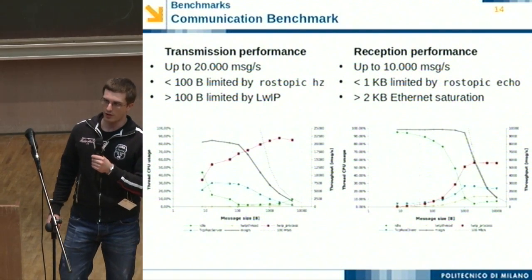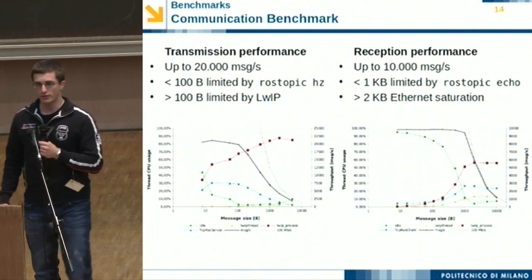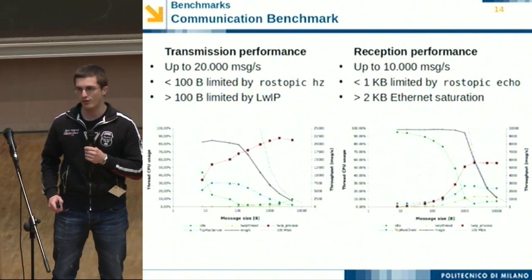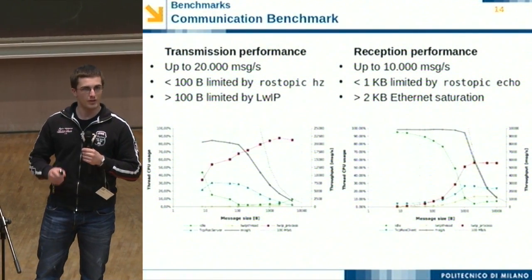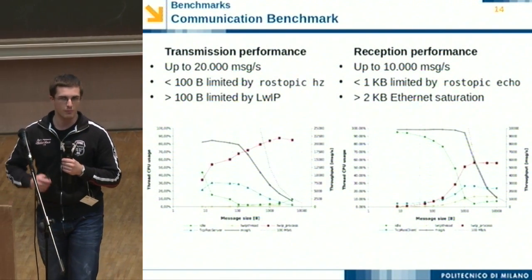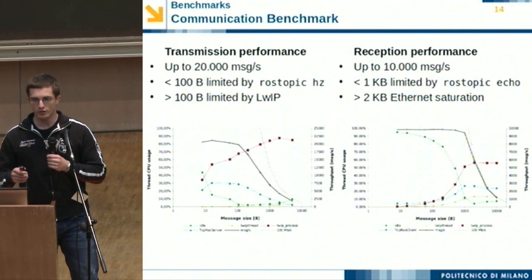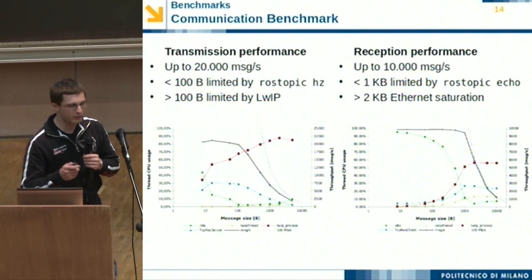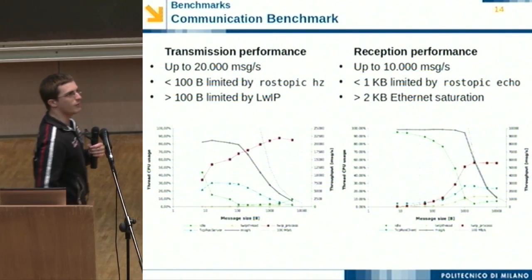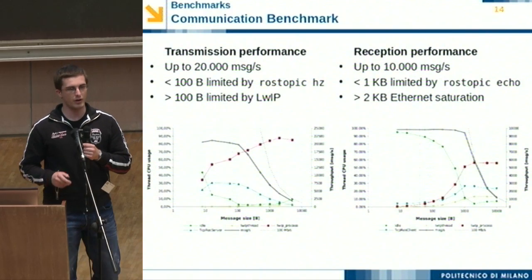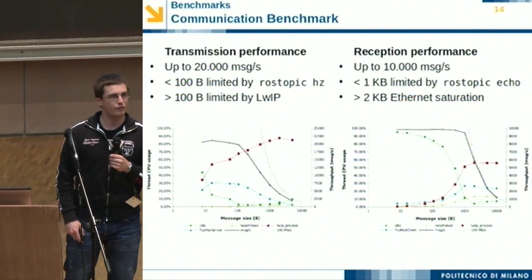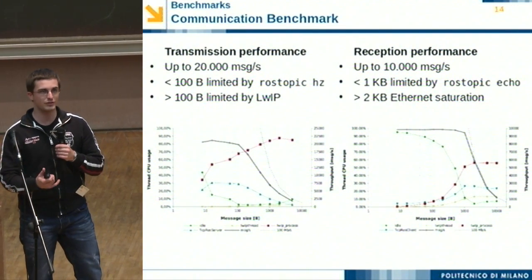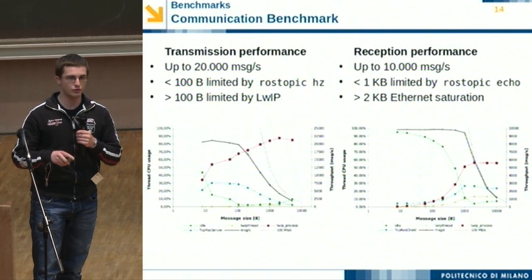This is limited, when the message is smaller than 100 bytes, by the ROS topic hz on my host machine, which wasn't very fast. So the embedded platform was even faster than my computer in doing this. And we also see that LwIP, which is the red line, has the biggest impact on the CPU. So it's not the fault of microROSnode, the decrease of throughput when increasing the message size, but because of the TCP/IP